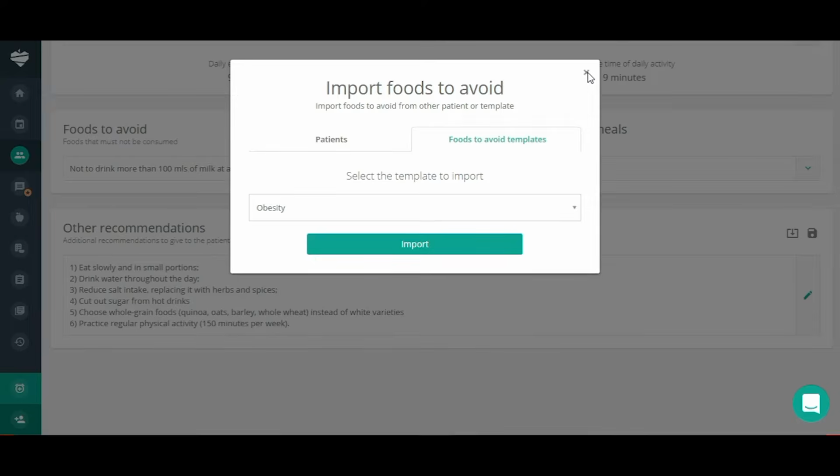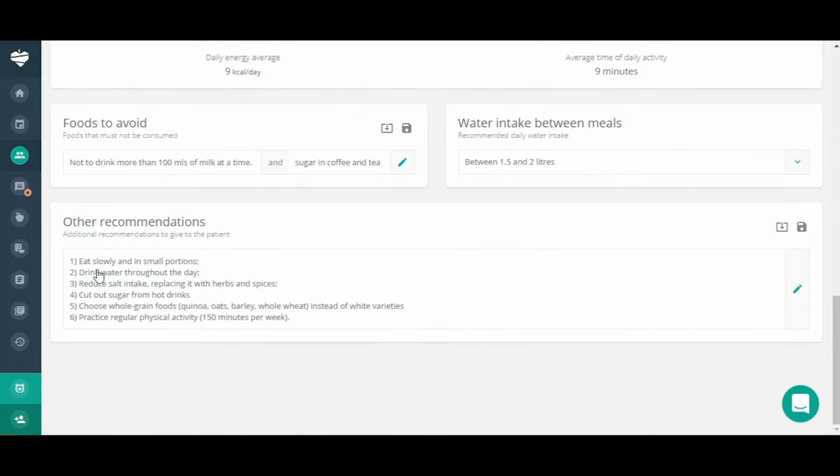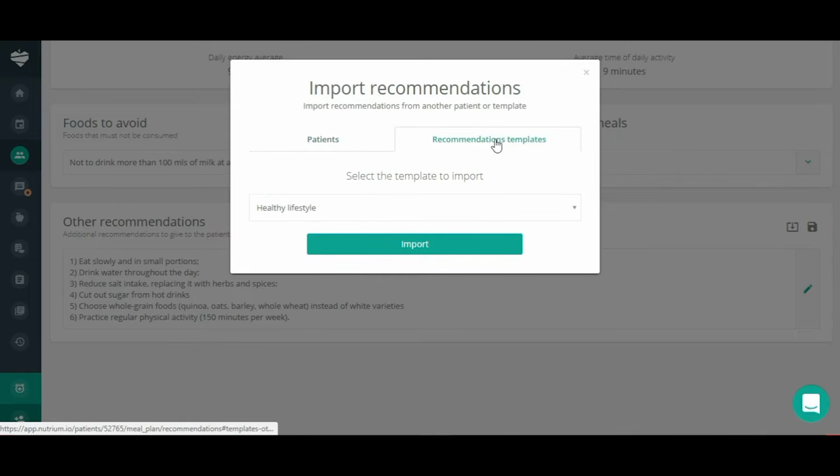So I've just added not to drink more than 100 ml of milk at a time, because she said she got diarrhea when she drank lots of milk, and not to have any sugar in her coffee and tea. How much water you want them to drink. There's a list there. And then other recommendations. So I see these are kind of the aims to meeting our goals. So I've added eat slowly, small portions, drink water, reduce salt, cut out sugar from hot drinks, choose whole grain foods, and regular activity. But again, if you want some options, you can go onto the templates there